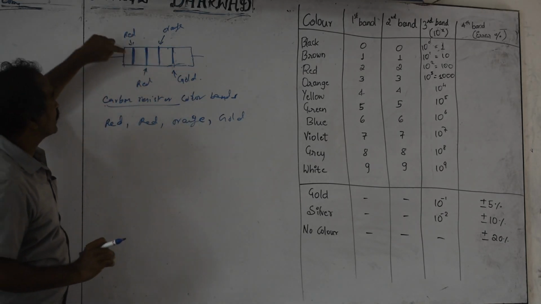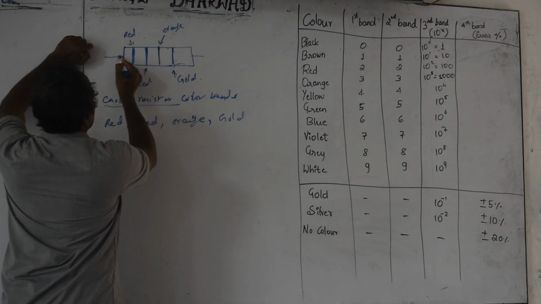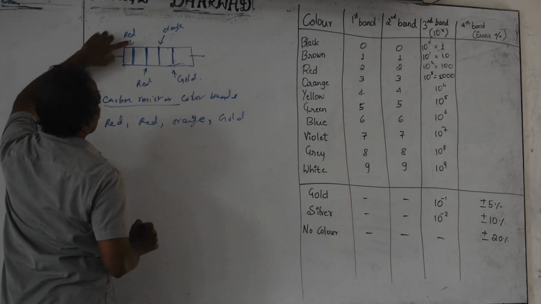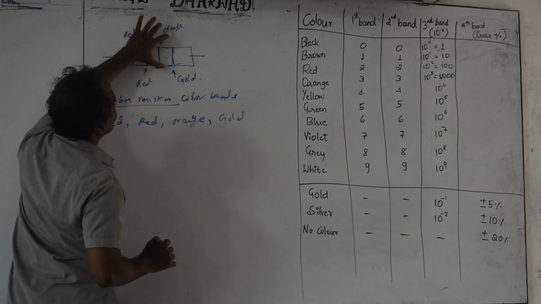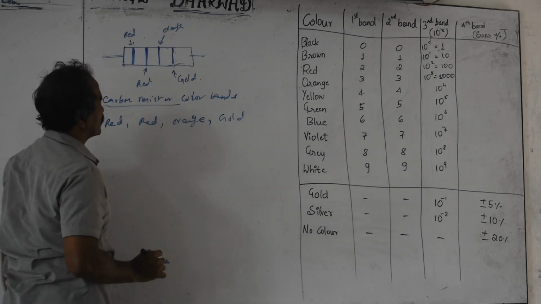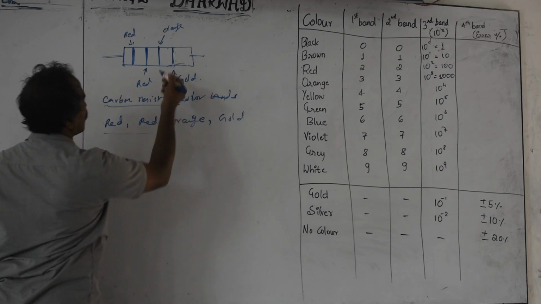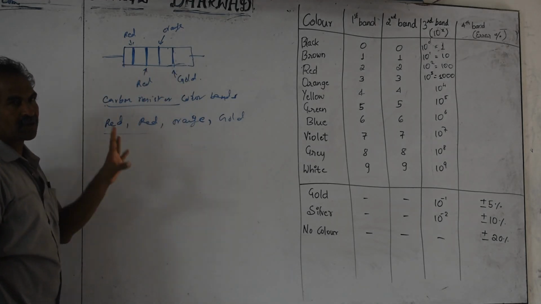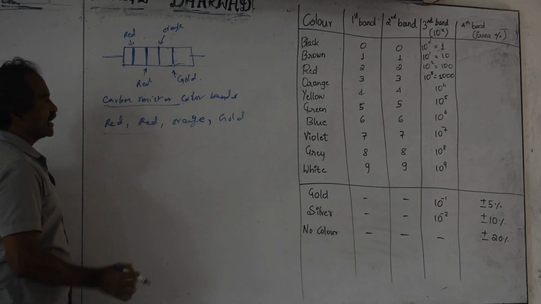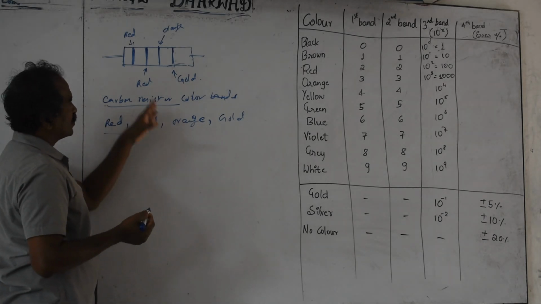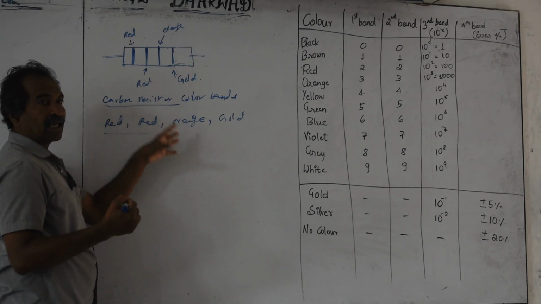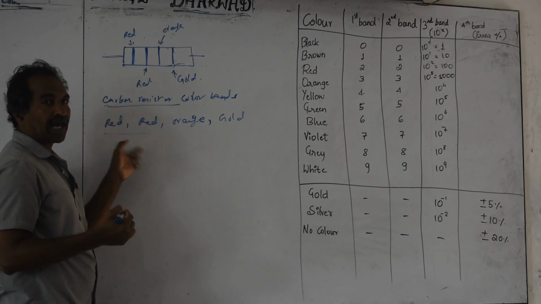The color bands are circular, and the connecting wires are on the side. For example, we are given red, orange and gold colors. I will show you that. They will mention this in the PUC examination or competitive exams, and they may give the diagram also. One more very important question for the PUC examination: they may give the value and ask you to find the colors, or they may give the colors and ask you to find the value of the resistance.